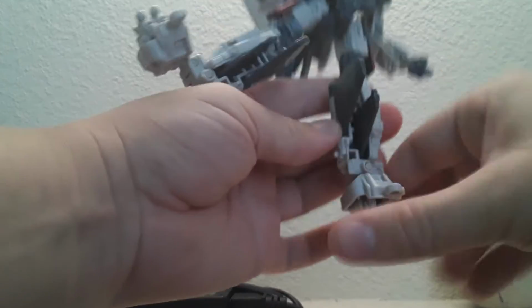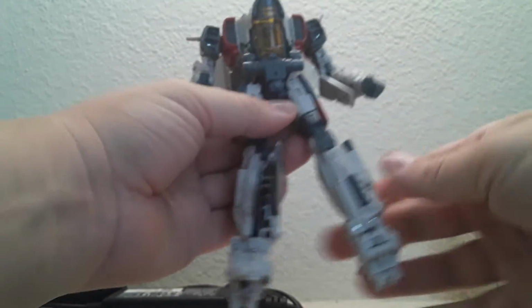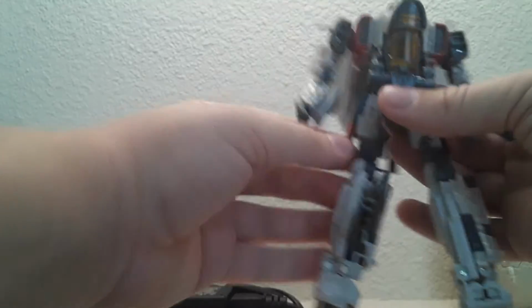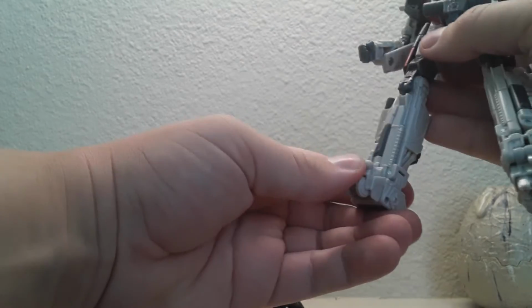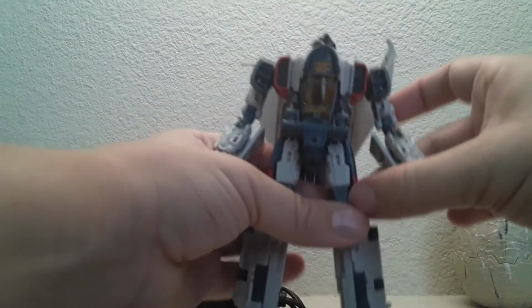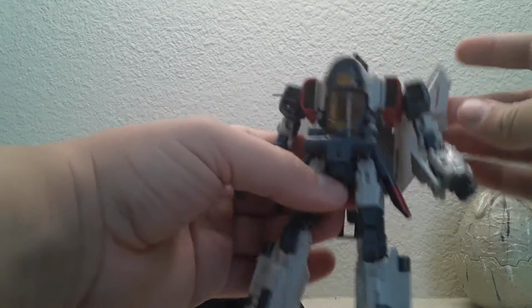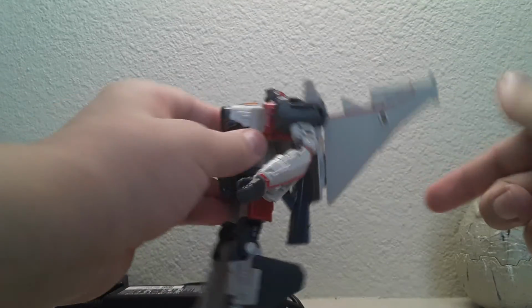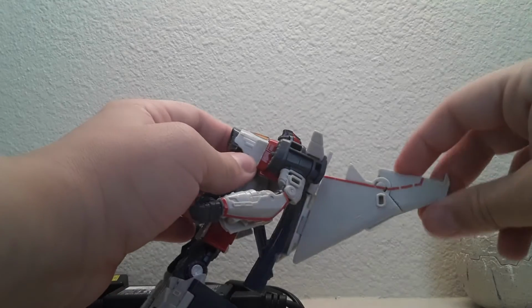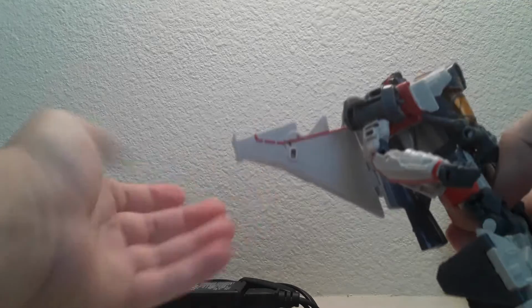Take the feet, orient them down. Rotate the legs so that the knee is now facing the correct way. And then come to the inside of the feet, and the feet will tab open, like so. And then if you want, you can take these little side skirt pieces and kind of flare them out a little bit. Kind of helps with the look. And then if they haven't done it already, you take the wing tips, angle them up, or as in the case of this one, it will just